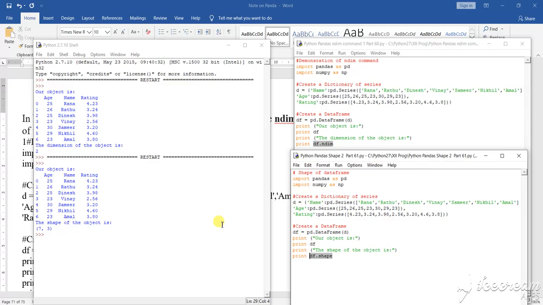We are going to find out how many rows and columns are there in a program. That can be done with the help of this particular shape command that we are going to give. Okay, so shape is a function. I am calling a shape function. ndim is also a function. I have called the ndim function.